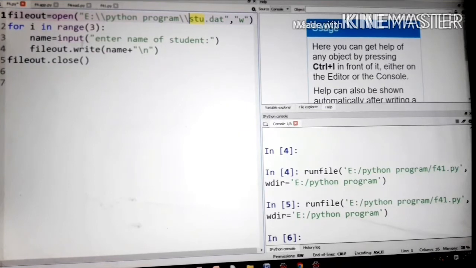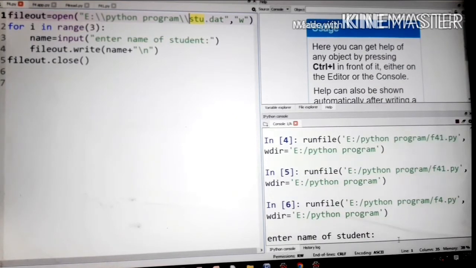Okay, and then we can call the write function. We write with the variable name which holds the value, with the slash n delimiter for the end of line. Otherwise your information will be written in a single line. So that's why I use \n here for the end of line. Okay, now we can save this file and execute.